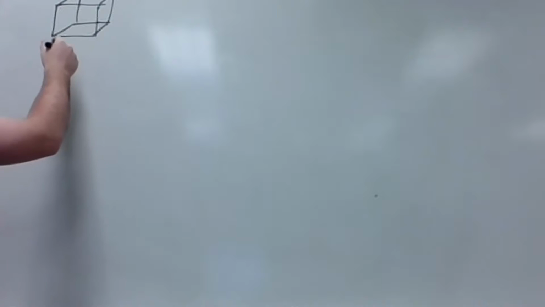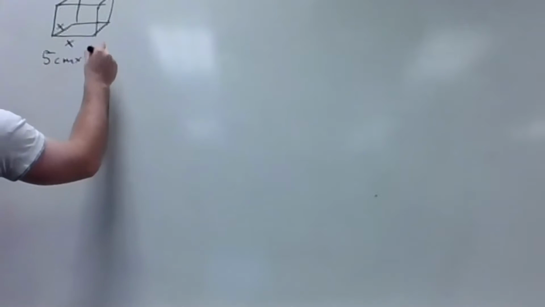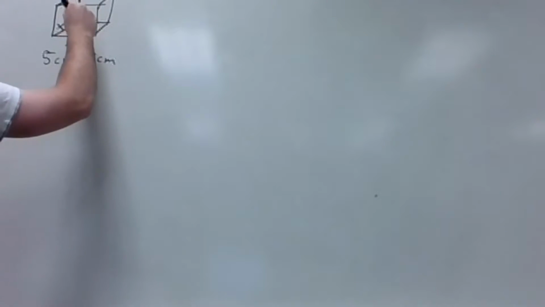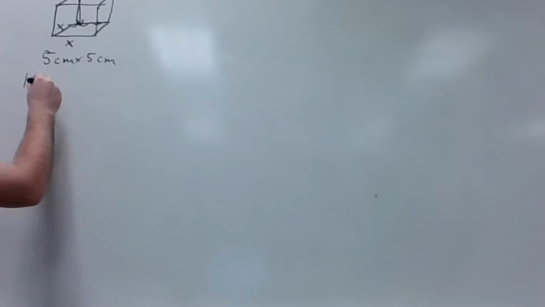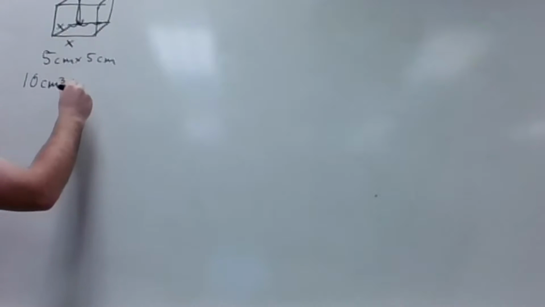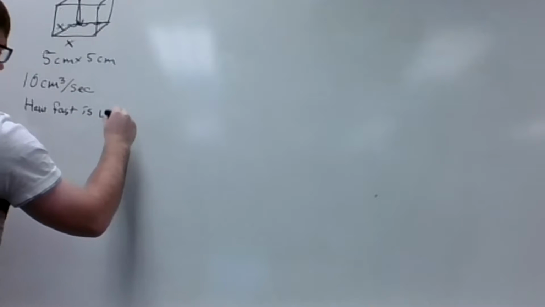And let's say this cube has a square base. Say x, right? Let's say that it's got a base of 5 centimeters by 5 centimeters. And let's say we're pouring water into this cube at a rate of, let's do 10 centimeters cubed per second. And now let's say, how fast is the water rising